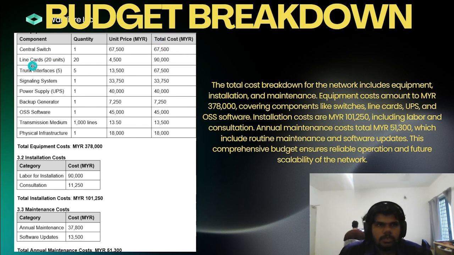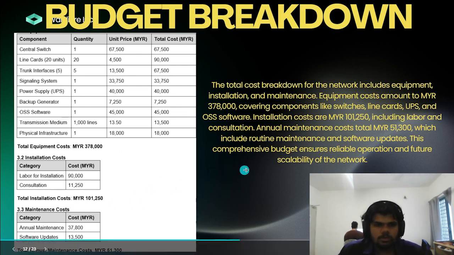In line cards, we need 20 units for this project, so we put 20 in quantity, and the per unit price is 4,500 ringgit, which gives us a value of 90,000. You can see the total equipment cost is 378k,